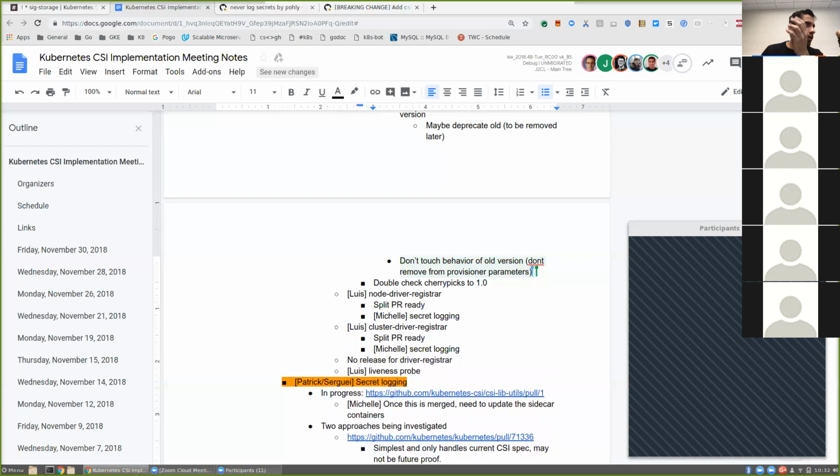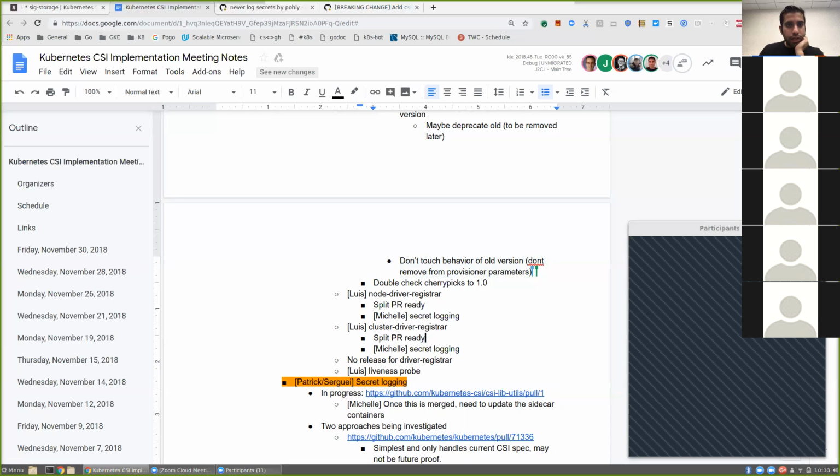Right now, node registrar and cluster registrar both have a package that connects. It's the copied package. They both have exactly the same thing, and that needs to go into a common repo. So connection code, I think that's another item we can take on later. We have a new common utils repo now, and I think all the connection stuff that all of these sidecars do can go there. Perfect. Feel free to send the PR for that.